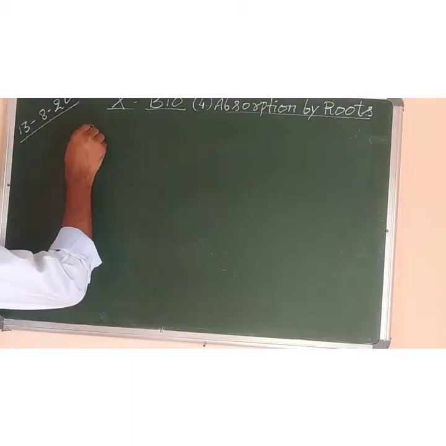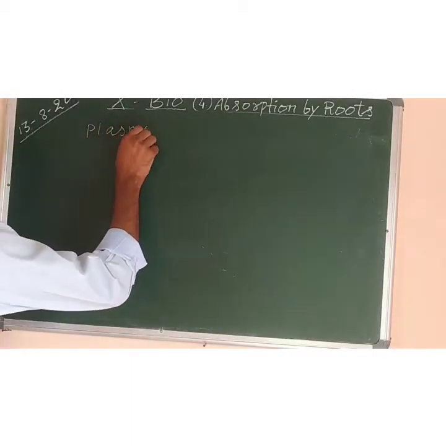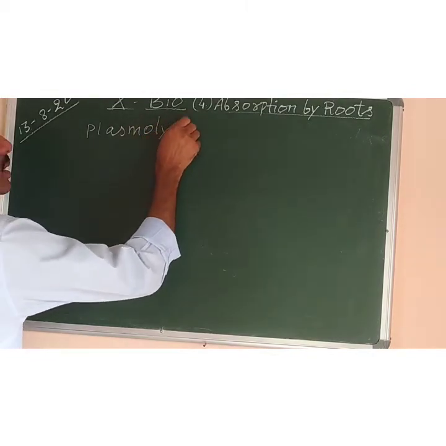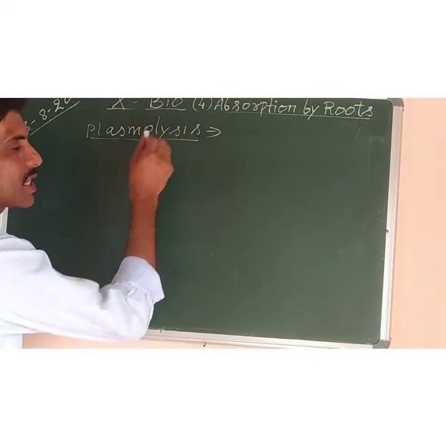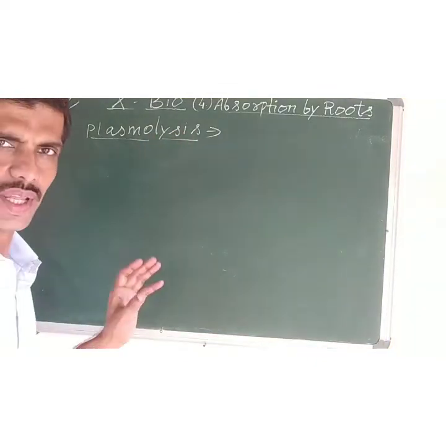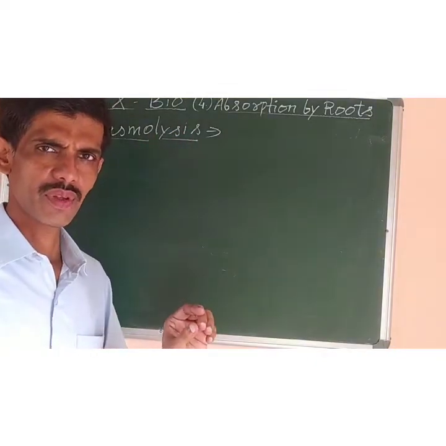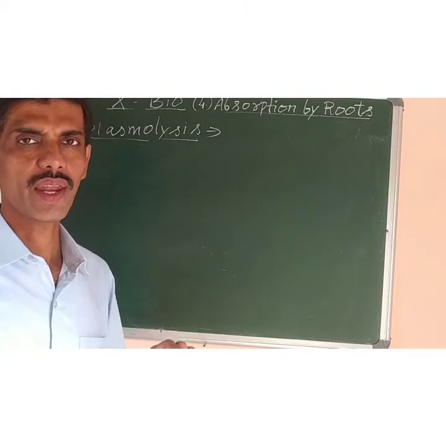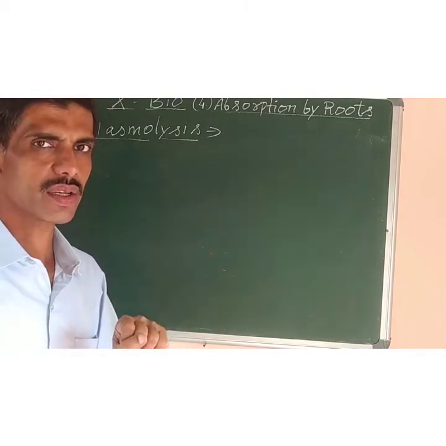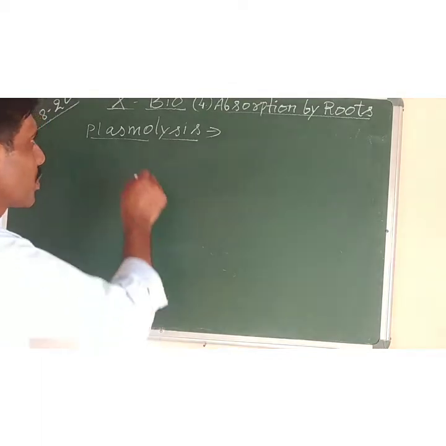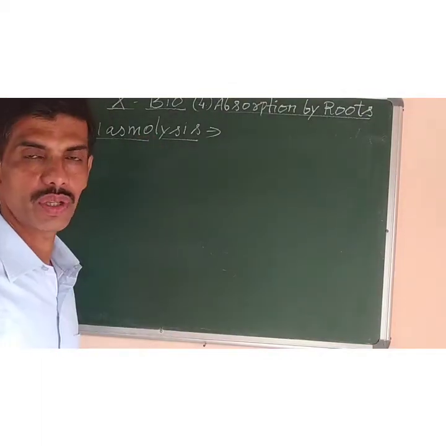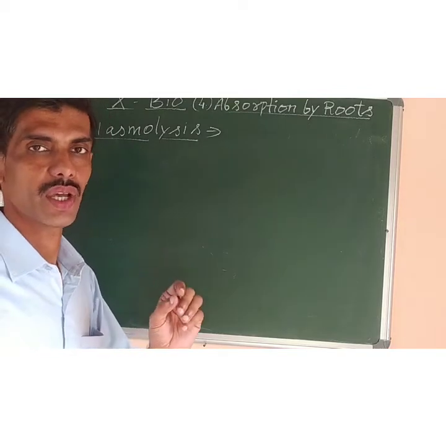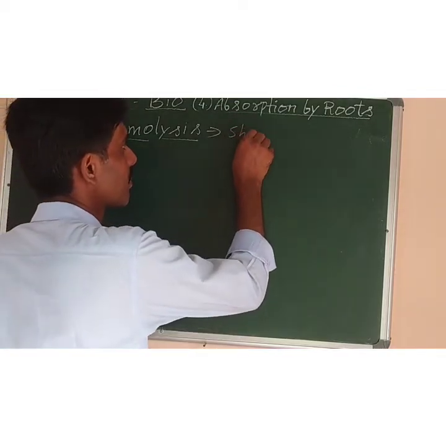Okay, the next topic which we have to do is plasmolysis. As you can see, there are two parts, plasmo and lysis, and lysis means breaking. So actually there is no breaking here. Breaking of the cell membrane may occur when it shrinks towards the center. Plasmo means plasma. So plasmolysis, what is the definition? The shrinkage of protoplasm